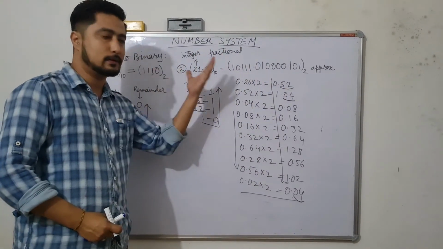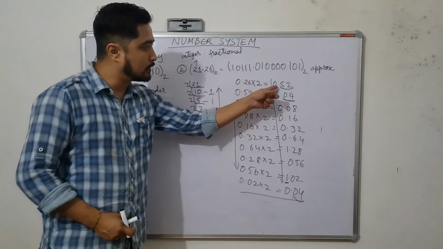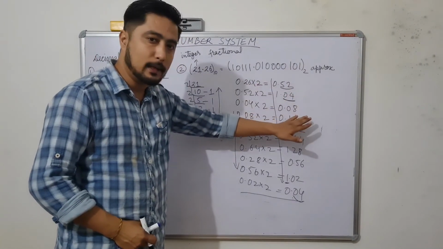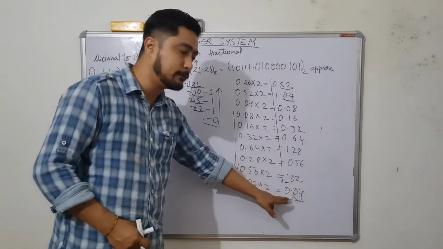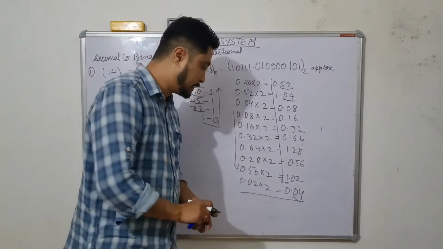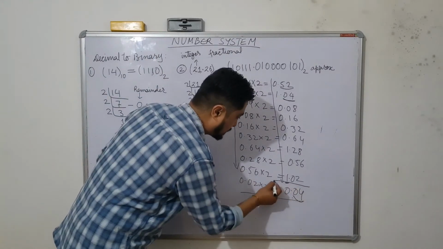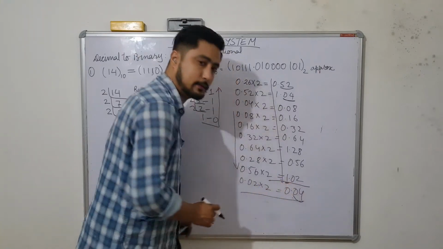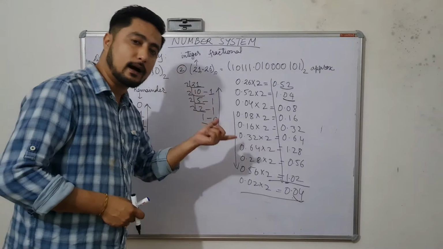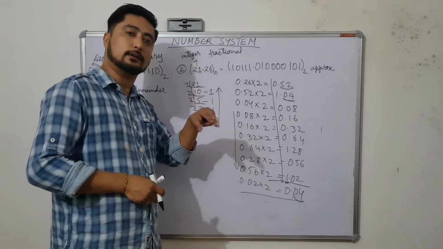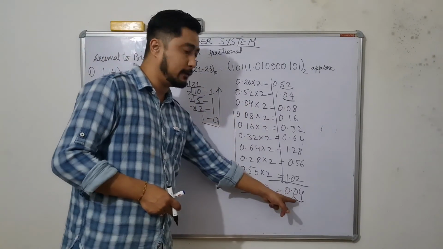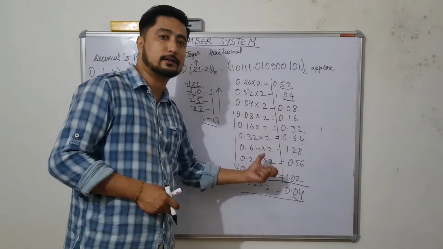convert decimal to binary. If all the values after the point are not 0, then you keep on multiplying, and if the repetition starts, you have to stop there, but we have to take the value till here. This is one case. The first case was, if after the decimal point all the values are 0, then you have to stop there. And in this case, if after the decimal point a repetition starts, then again the same iteration will start.